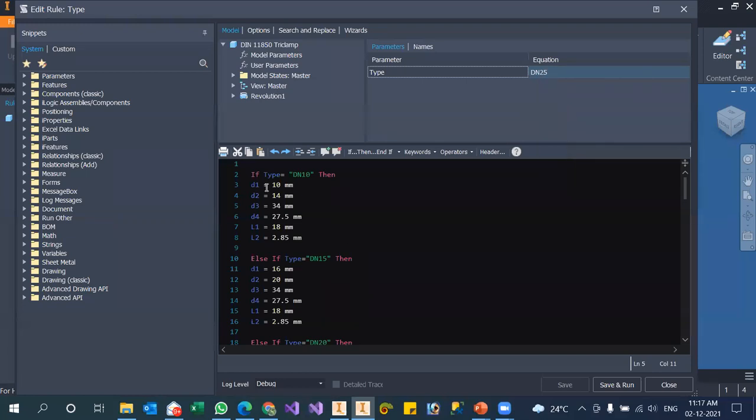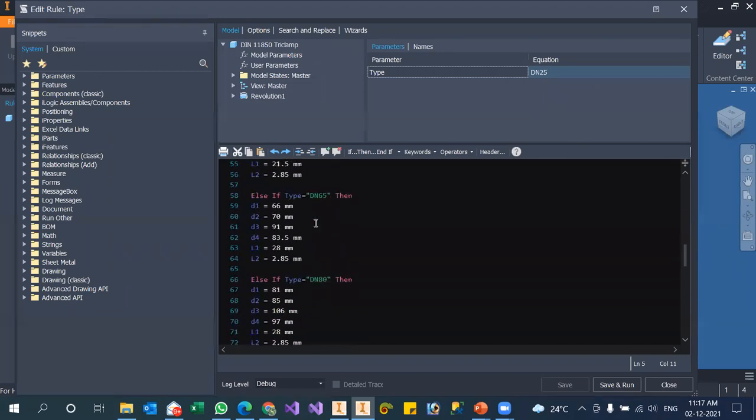It will automatically make D1 equal to 10, D2 equal to 14, D3 equal to 34, D4, like that. It will do that automatically. If this condition is not true, DN is not 10, it will check another condition. If you have selected DN15, then it will do this work and apply these parameters.